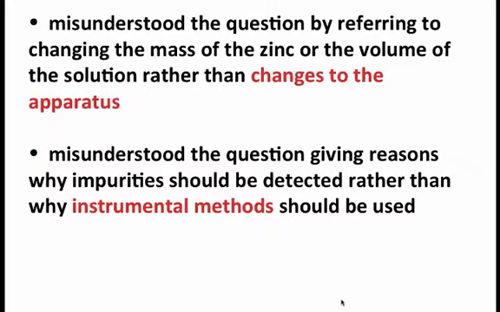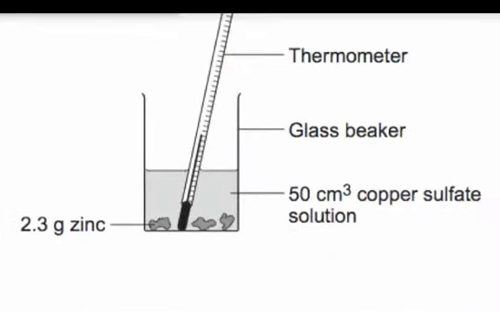And also, they're asking a lot about instrumental methods, and remember you can change the apparatus as well as changing the chemicals or whatever that's being used. And so what we've got here, this was a question in your mock, and here what they were looking for was things like the fact that you can insulate this. We're measuring a temperature change, so if you insulate the beaker, it's going to be much better